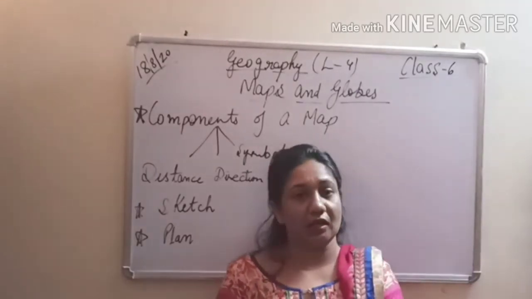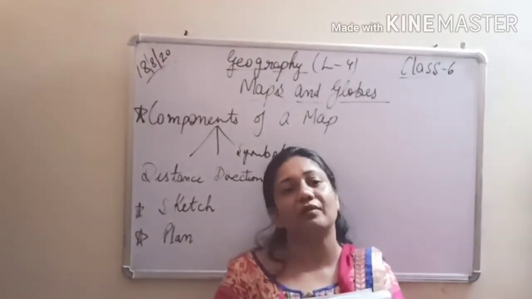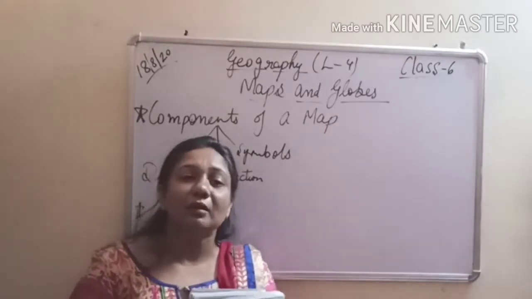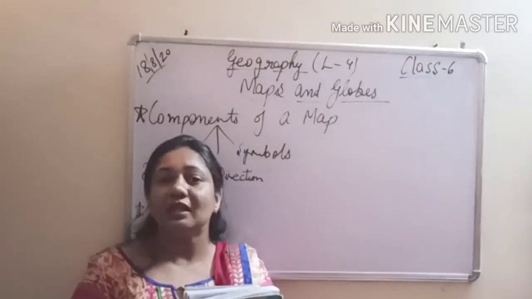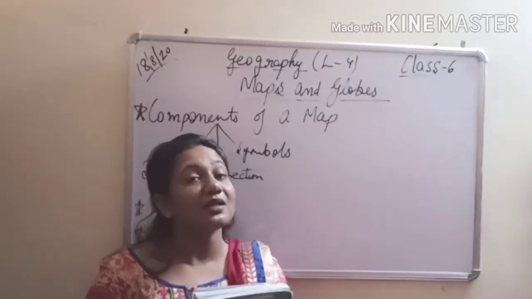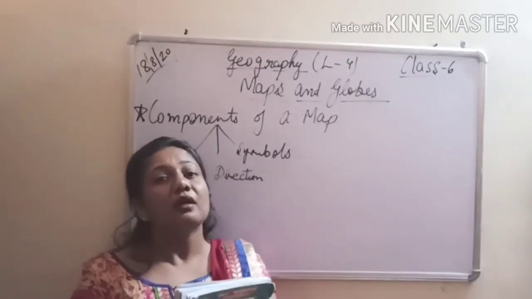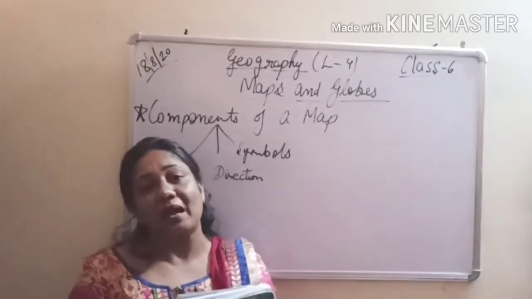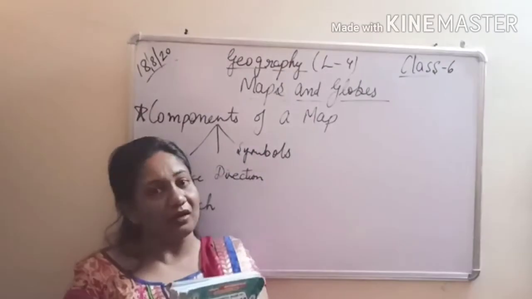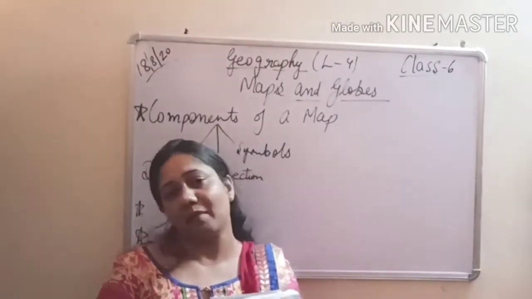So today we need to finish the reading part that is left. Half of the chapter we have already done. In the previous video, we have learned about the importance of maps over globes. Then we learned about the history of maps, what is cartography, who the cartographers are, and then the types of maps on the basis of scale and on the basis of function. On the basis of scale we have two types of maps, large scale map and small scale map.